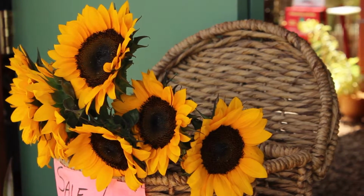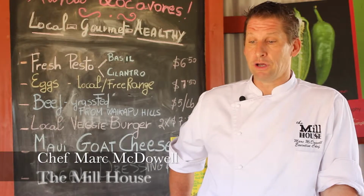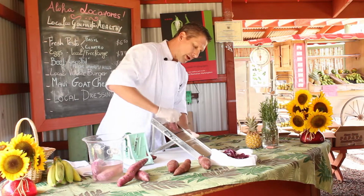Welcome to Kumu Farms Pavilion. This is Chef Mark from the Mill House, and one of my favorites of all the canoe fruits is the sweet potato. In my dish, we're actually going to make sweet potato fries. Basically,